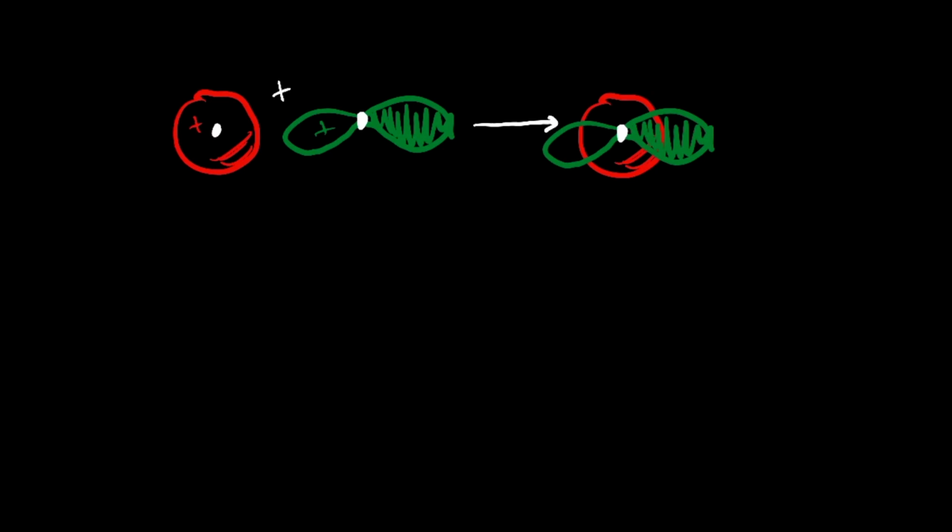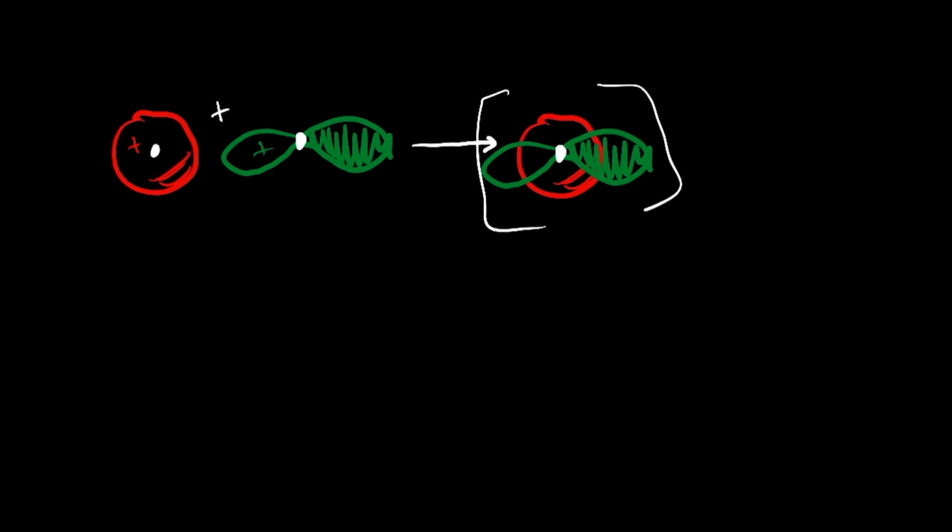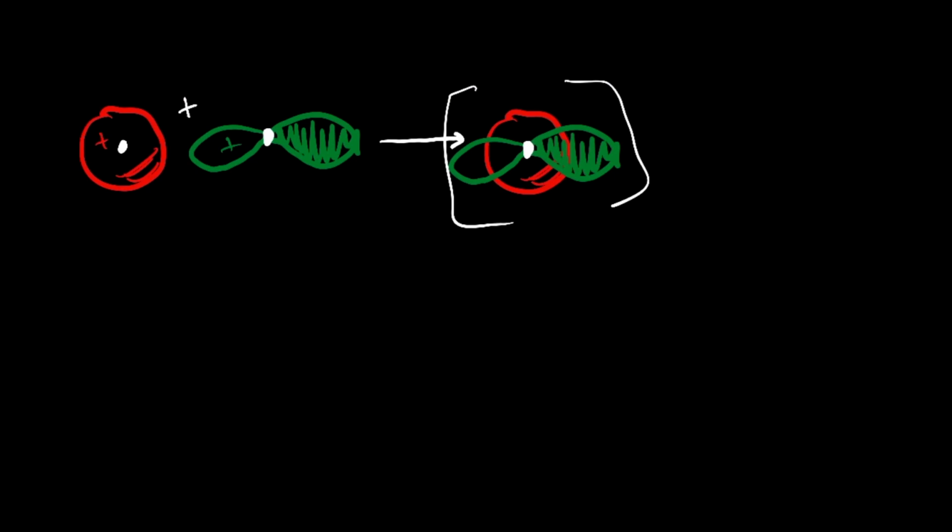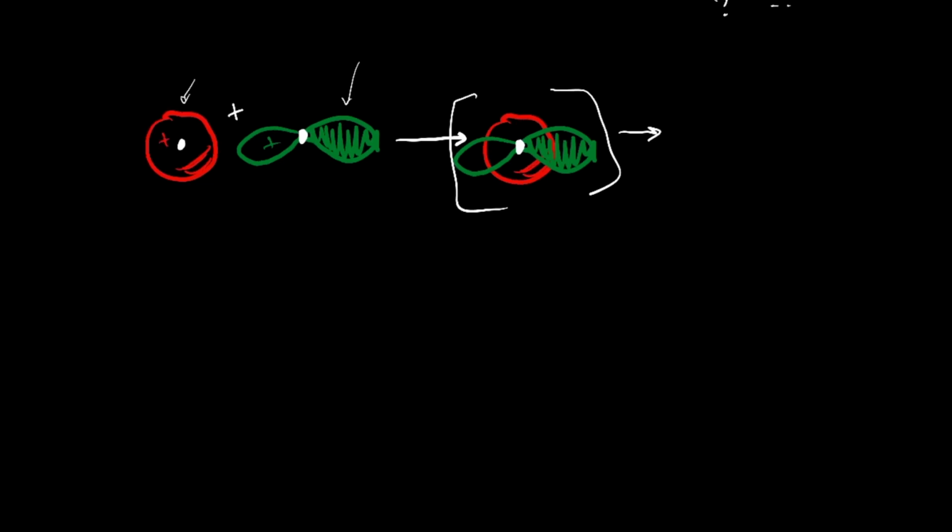So you combine your two orbitals together, and what does that look like when it comes out on the other side? I guess we should come up with a color. A purple, maybe? What you end up with is combining these positives. This positive and this positive come together. You end up with this really big orbital on one side of the nucleus, a node in the middle, and then